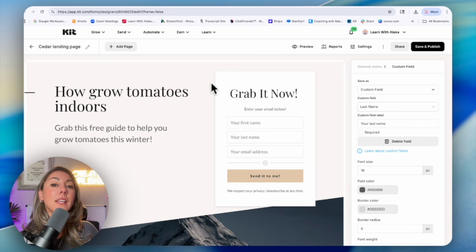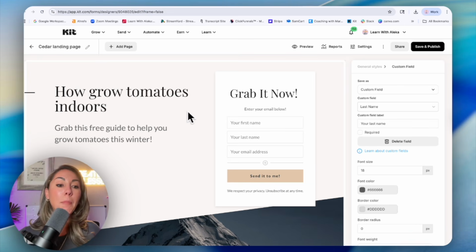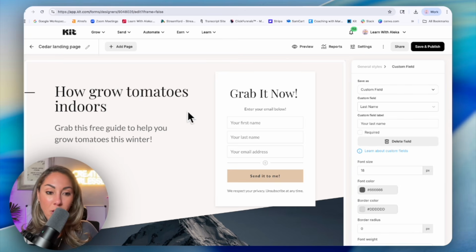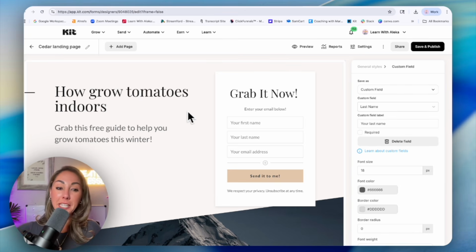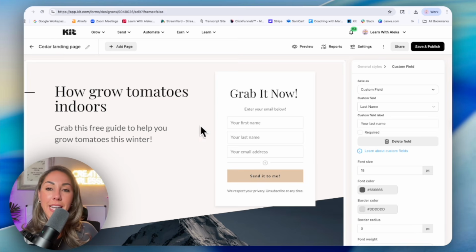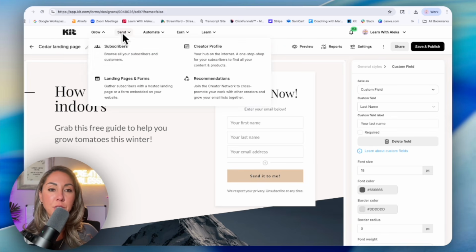So it seems more complicated than it is, but the whole idea is to put it in your bio and you don't have to worry about all of that DMing. Say, grab the link in my bio. Once they have the link, they sign up, they go to your email list,